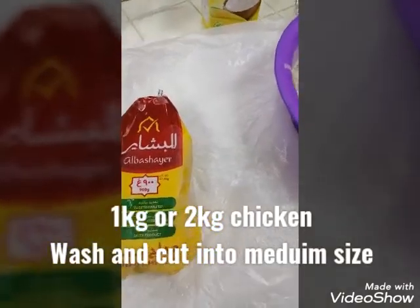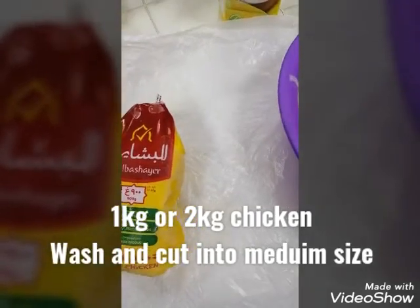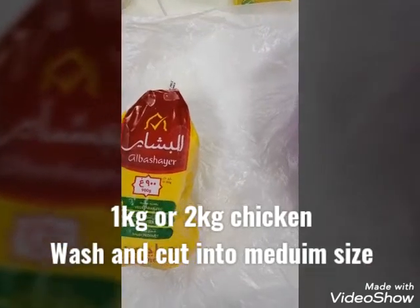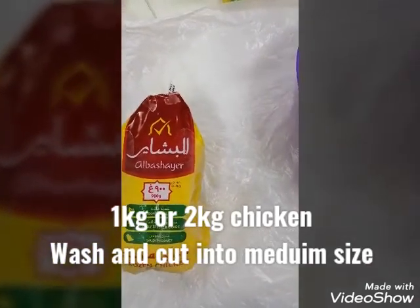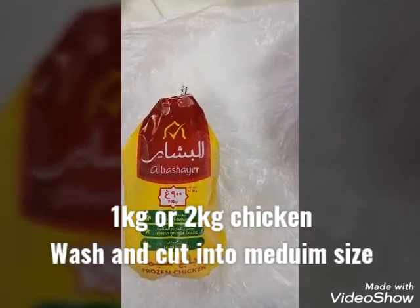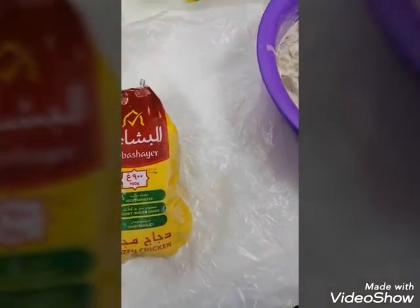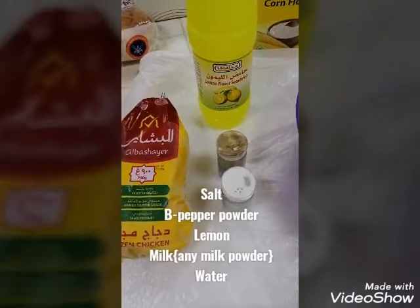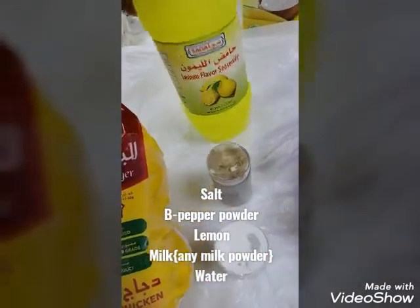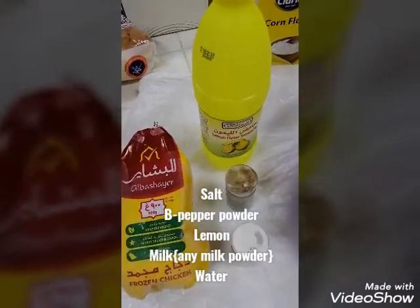And finish, I make marinate chicken and I prepare any kind of powder milk, salt and lemon and black pepper powder. Then salt, black pepper and lemon juice. Then I mix it in the chicken